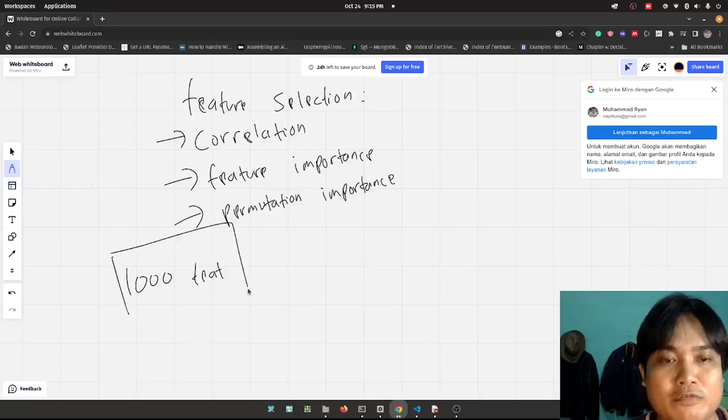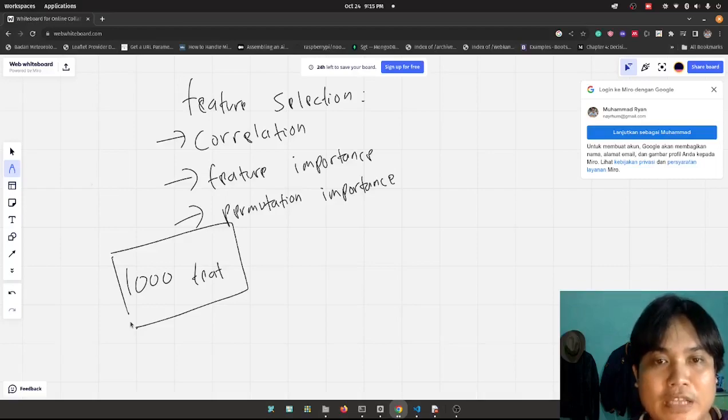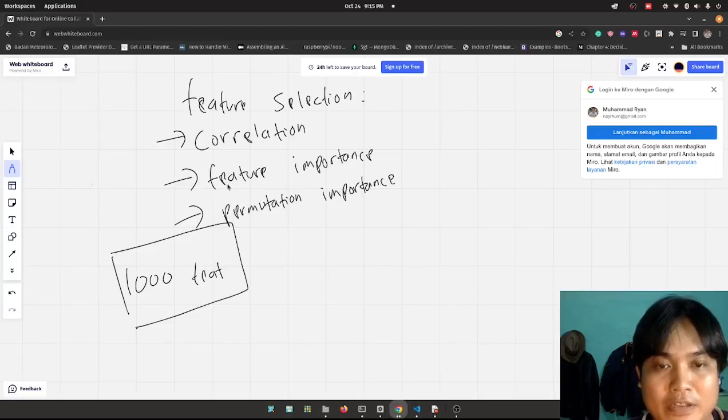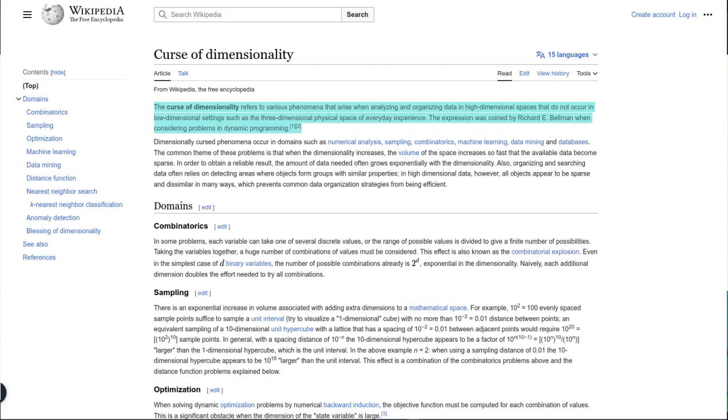and you know, the more features you have, the more layers and neurons you need. For example, if you have a neural network, you need more layers and neurons to process all of them and to catch all the patterns in those features. Also, if you have more layers and neurons, the computation will be heavier. You want to select only the important features, so the computation will not be too heavy. Also, there's a thing called the curse of dimensionality. If you want to know about it, just Google it.